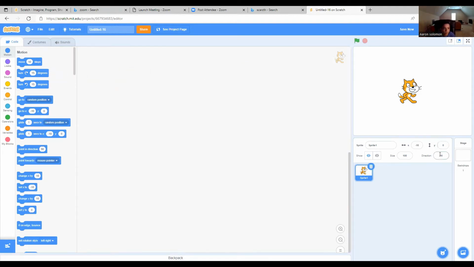Also, we can change the direction of our sprite. We can make it look down, or vertically, by making it 180 degrees. We can make it a perfect 90 degrees. That's what we usually do. We can make it negative 90, which makes it upside down. Or we can do it right up here, which makes it go up. So let's make it 90 because that's what we usually stick with. As you can see, turn 15